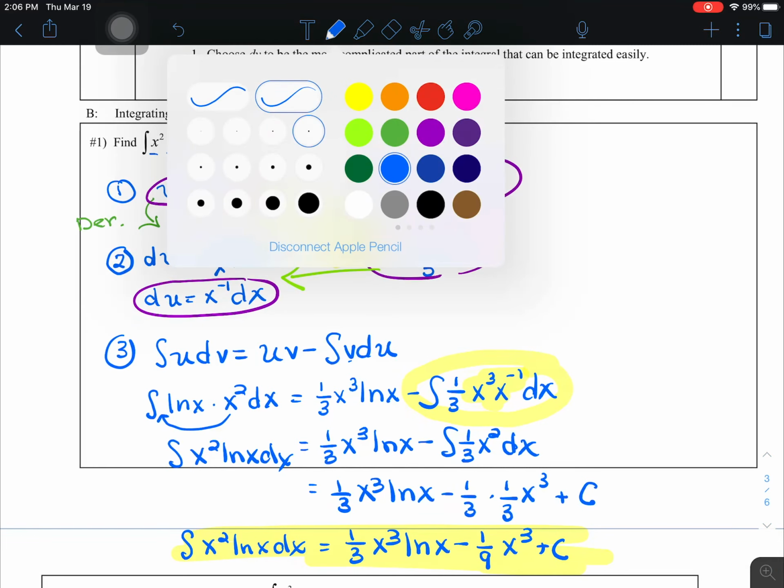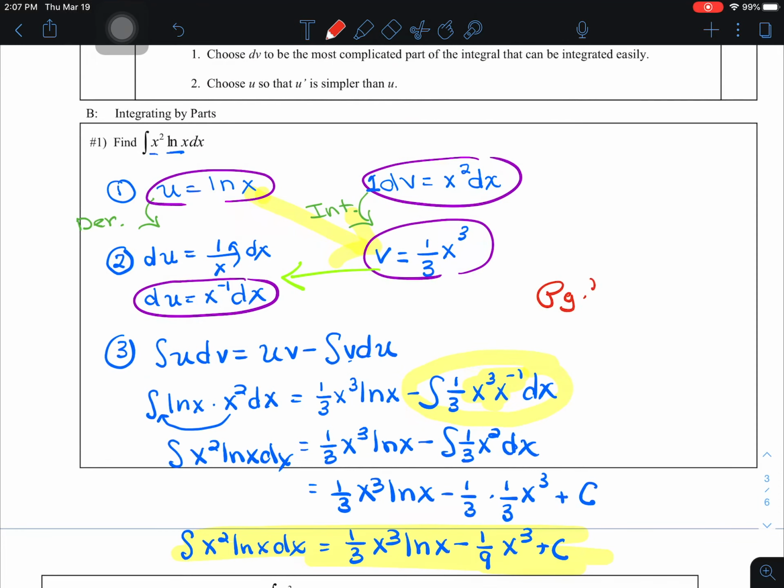Just to kind of get your feet wet with this, I'm going to ask that for homework you do on page 445. I'm just having you do 9 through 15 odd. Okay, so that's just 4 problems to try. Okay, and then we're going to add a few more to that tomorrow, and then you can submit it into